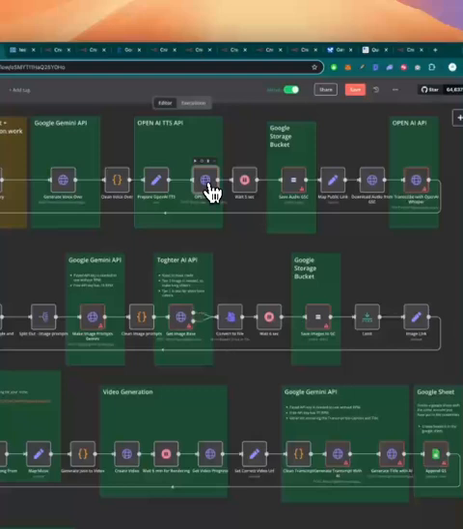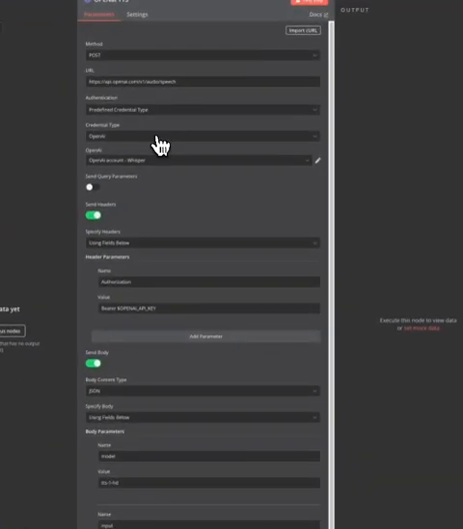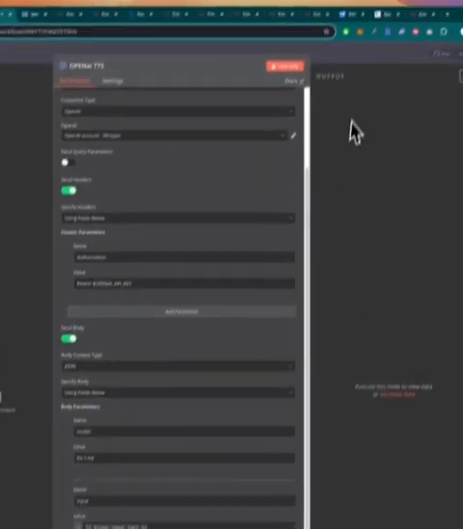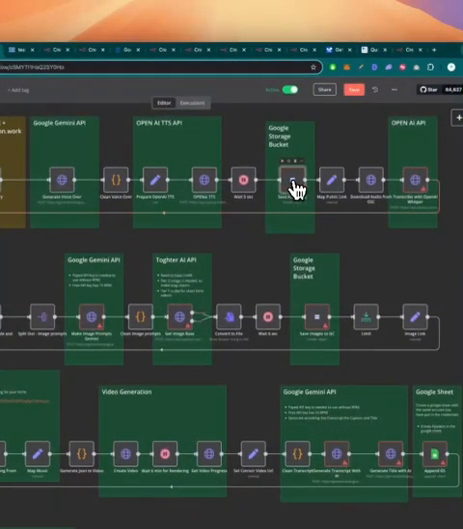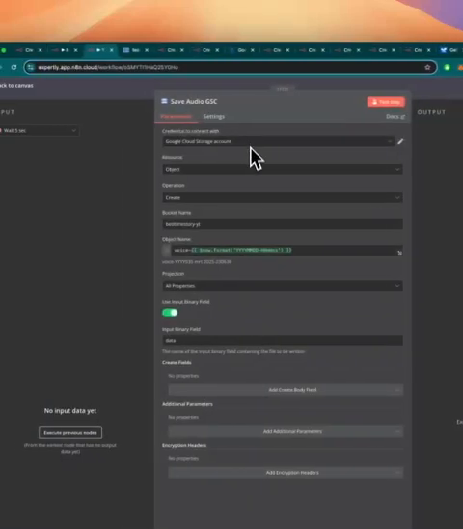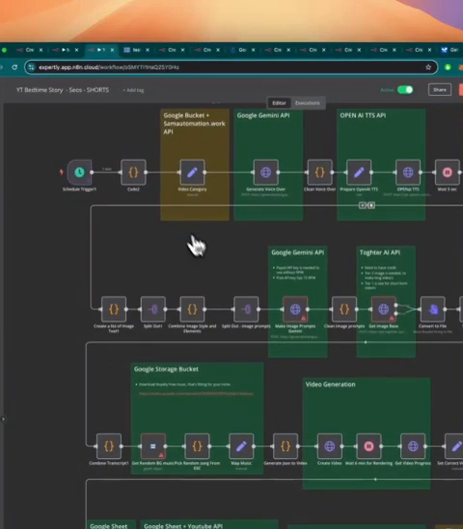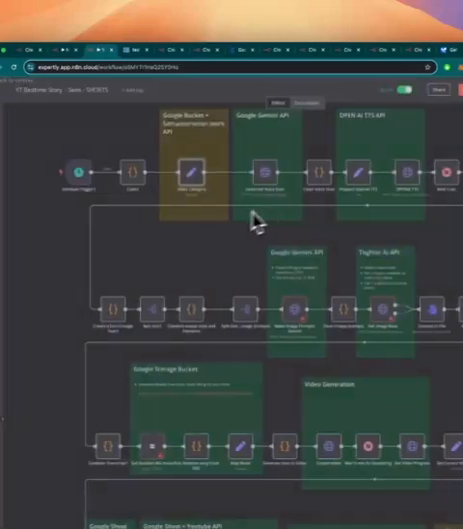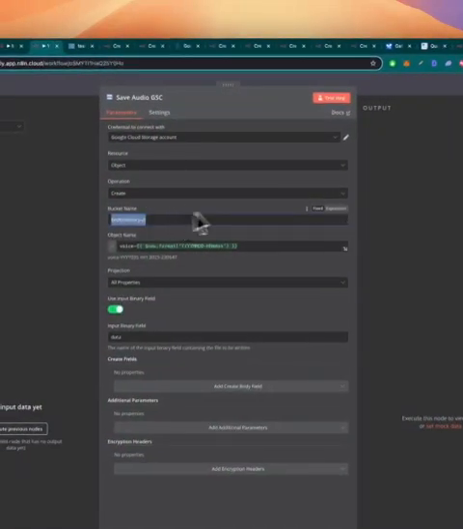This is the OpenAI. So over here we're using the OpenAI credentials. And when you've selected it, the red arrow will automatically disappear, and you will be able to use it. Same for the Google storage. When you open it, it's really important to change this,